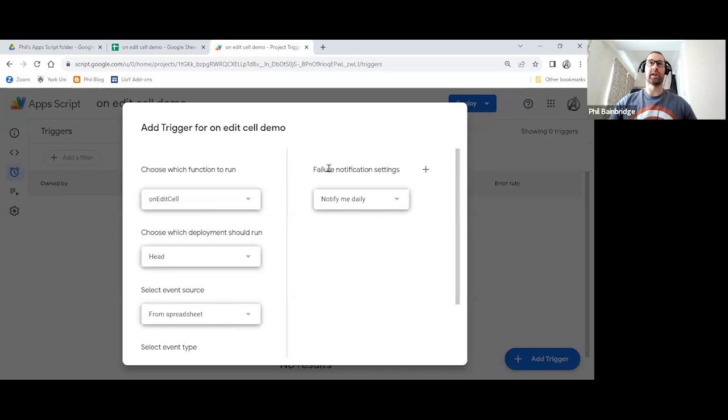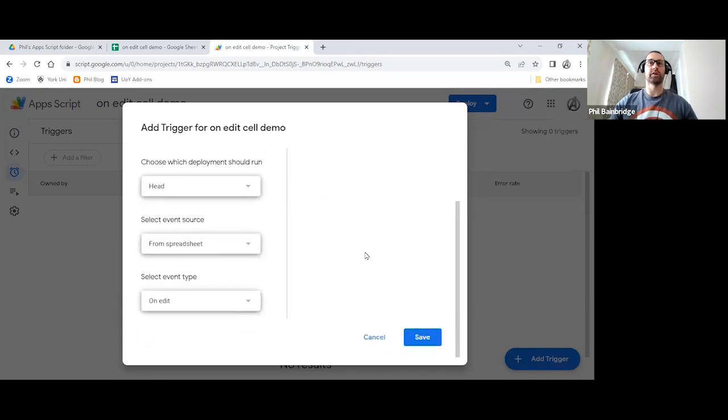If I just scroll up again, the last little thing that you may wish to change is the default duration if you have any errors. I tend to like to change this to immediately. Otherwise, when you're developing the code, inevitably you might have a few things go wrong. It would, by default, wait until the end of the day to send you an email summary of all of the problems it's encountered, which can be a little bit off-putting. So if you get it to notify you immediately, at least you're receiving any emails at the same time as troubleshooting it, so that you can clear them away once you're happy and you're not getting bombarded with anything later on.